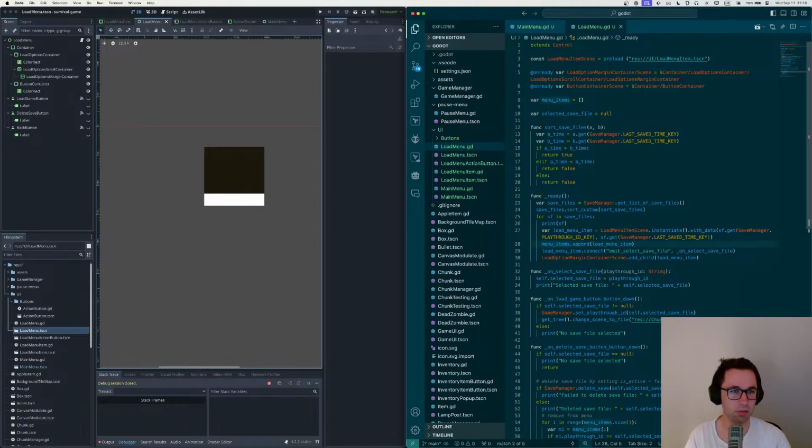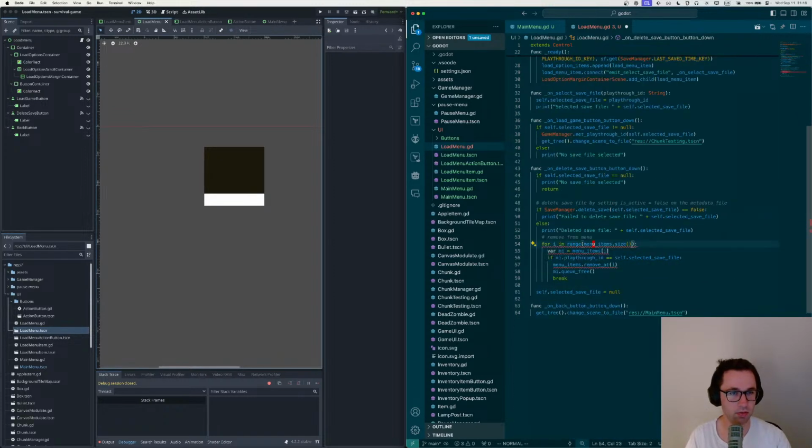whoa, what is menu items? Hold up. Oh, okay, that's funny. We're actually gonna call this load option items instead of menu items. Load option items down here. There's a faster way to do this, but it's fine. Load option items. Okay, now